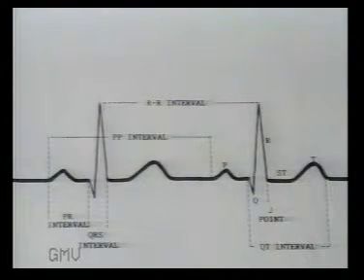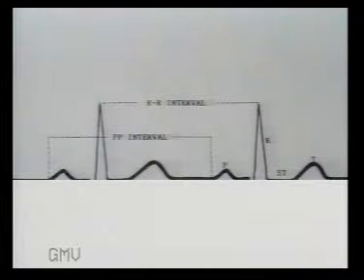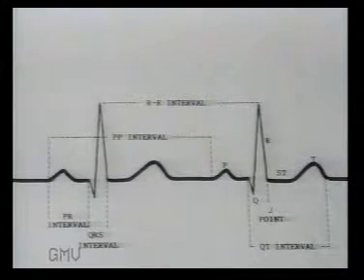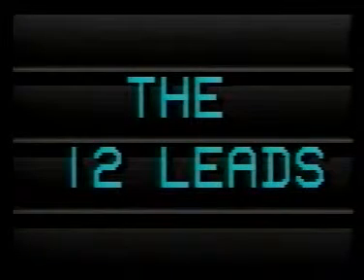In a normal ECG, the PR, ST and TP segments are at the same horizontal level and form the baseline or the isoelectric line. The amplitudes of all the waves are measured from this line. The standard electrocardiograph is a recording made from 12 leads. Each lead records the electrical potential difference between a positive and a negative body surface electrode. And each lead gives us a view of the electrical activity of heart from a different direction.